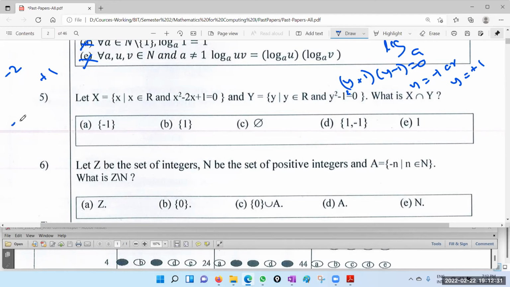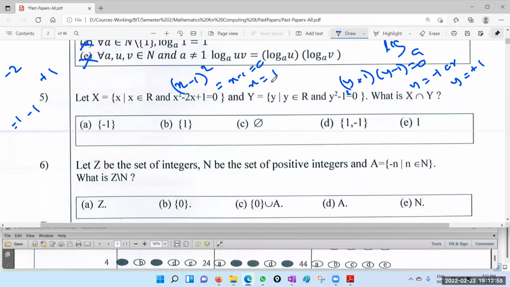So minus 1 minus 1 is minus 2. Minus 1 into minus 1 is plus 1. That means this is a perfect square, because both the roots are the same. So therefore we can write it as x minus 1 squared, because x squared minus 2x plus 1. So here we get only one answer, that is x equal 1. Right? X minus 1 equals 0 means